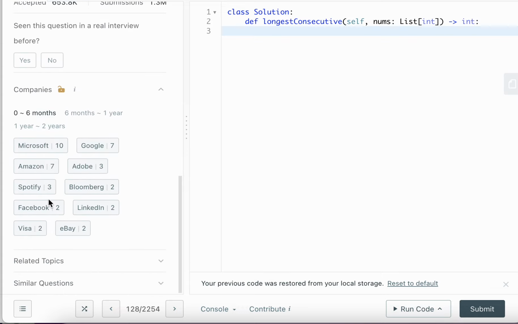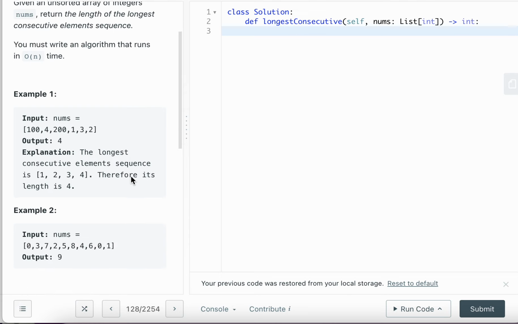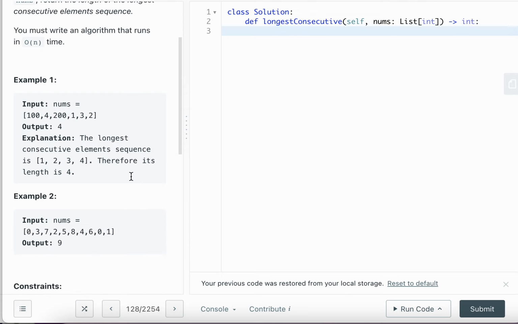If you look here, it was asked by a bunch of companies in the last 6 months. Definitely a question you need to know how to do. If you look at this output here,